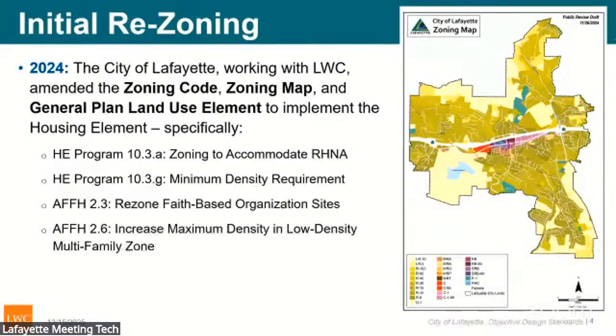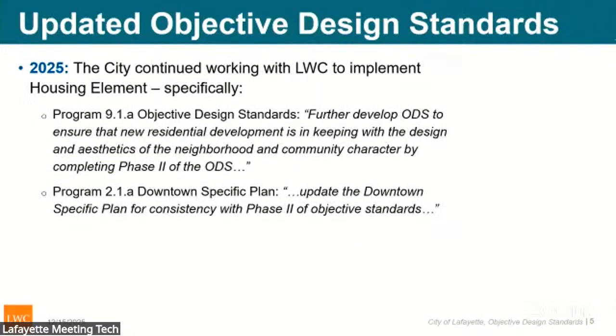So as I said, we've been working with the City of Lafayette for a little over a year. So backing up a bit, as you know, we began with some rezoning that was required to implement the housing element that the community worked so hard on. So we worked on the rezoning primarily to develop zones to support the 60 dwelling unit per acre zones densities required by the housing element. And the policies listed here.